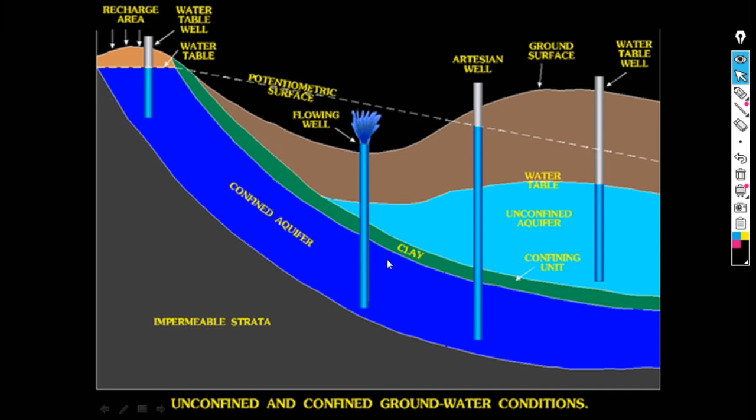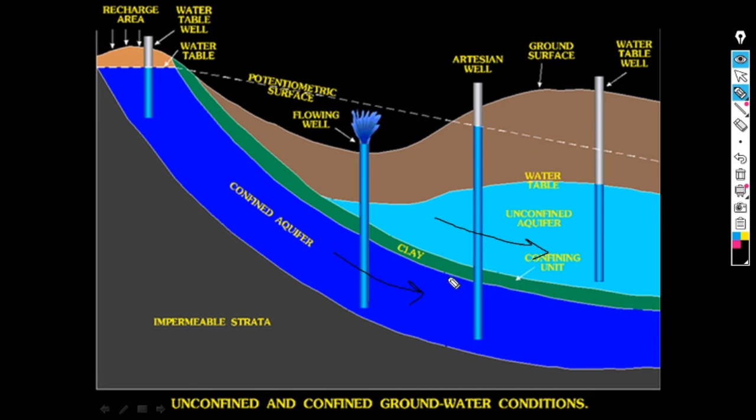The water will move under the gravitational head, as this is more elevated area, this is lesser elevated area. Water will be moving in this direction from here to here in groundwater in an aquifer. Okay, now this is a simple aquifer, this is an unconfined aquifer where there is no confining strata over here.